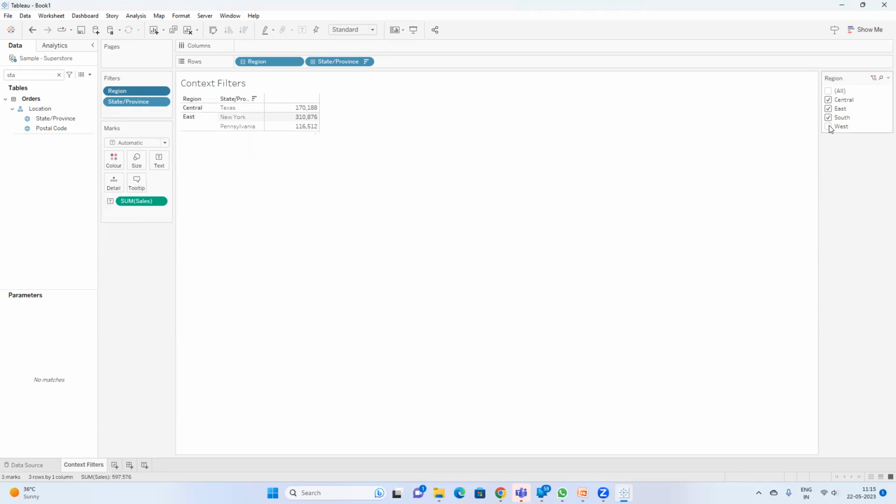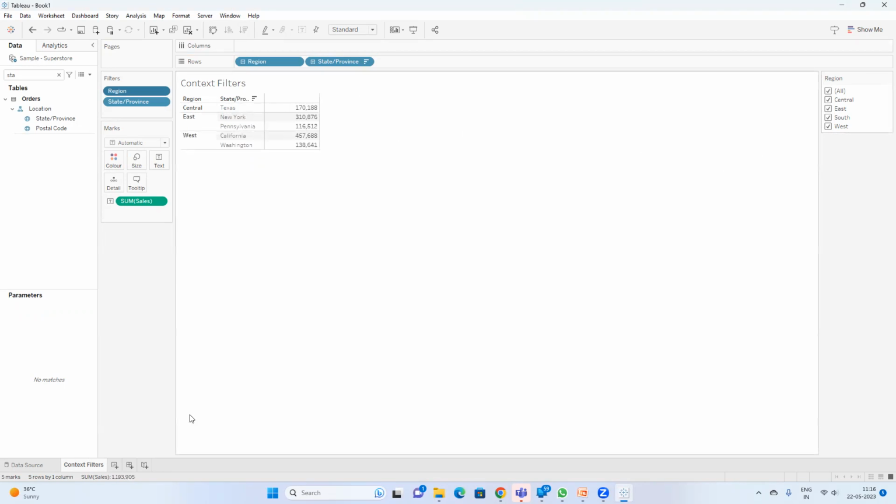So that way you can see those 2 will be removed and you can see only 3 states. And let's say when you remove the central, only 2 states will be visible because of this one. So let's say I have everything. Prashant, if I remove east from this, how many states will be there? Yeah, so if I remove,